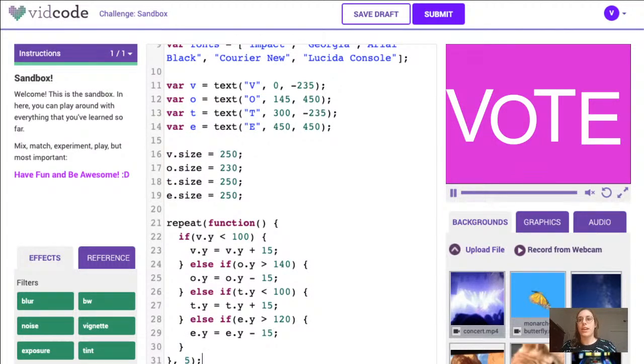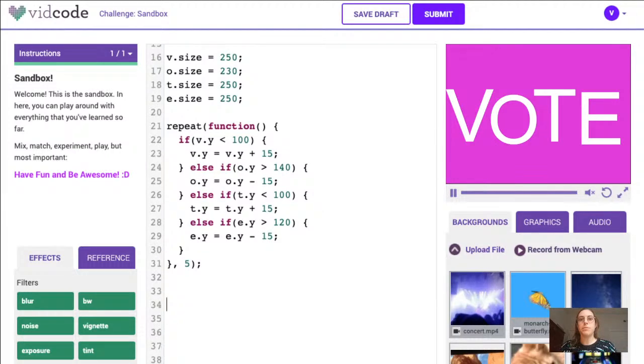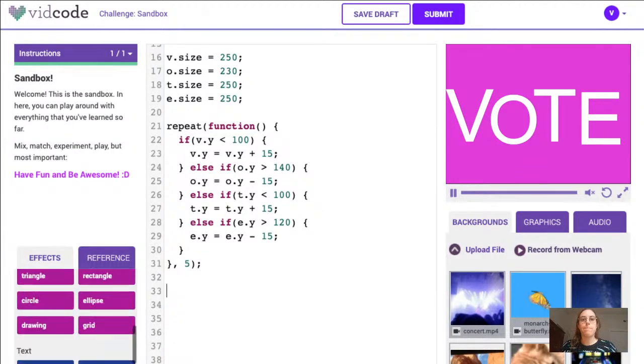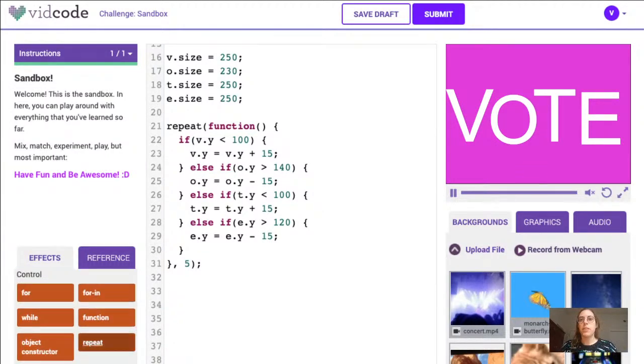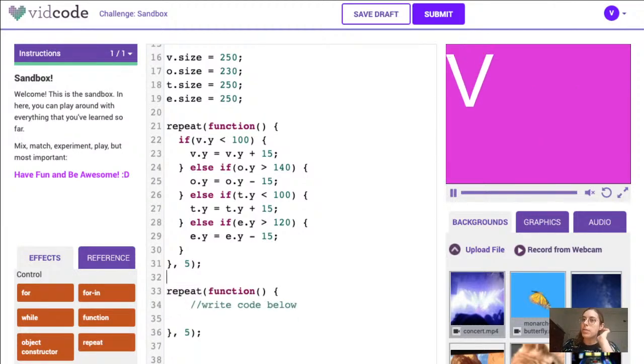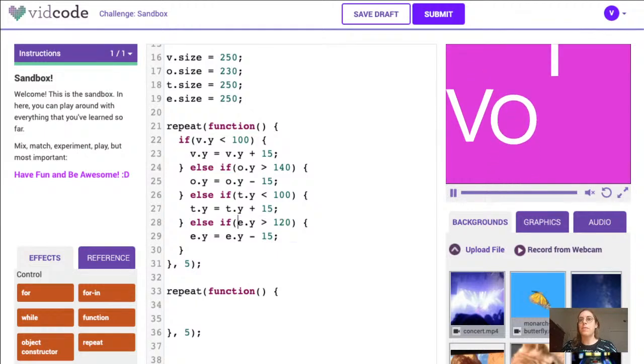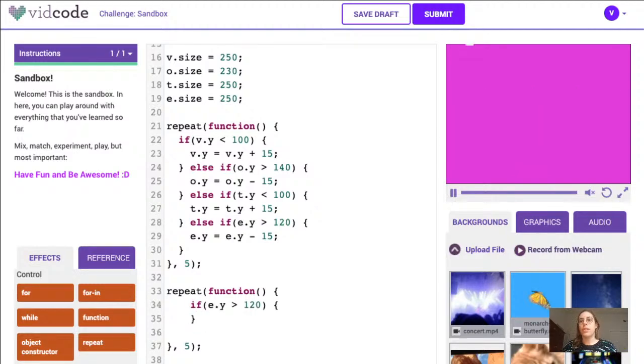So I'm just going to drag that in again and not even deal with it, drag and repeat. And then I want it to stop if Y gets in its spot, because then the poster is quote unquote over. So I'm going to say if E is greater than 120, so if E is not in its final place yet,